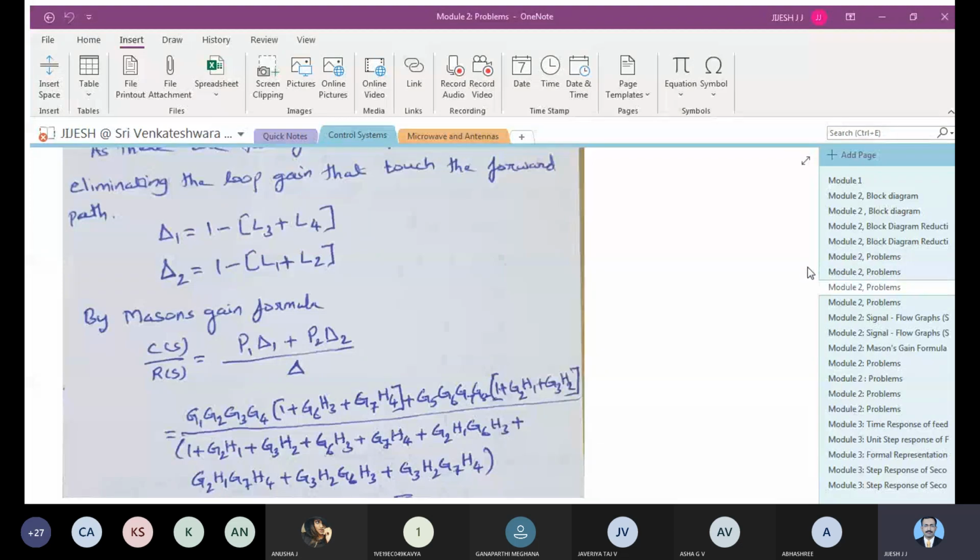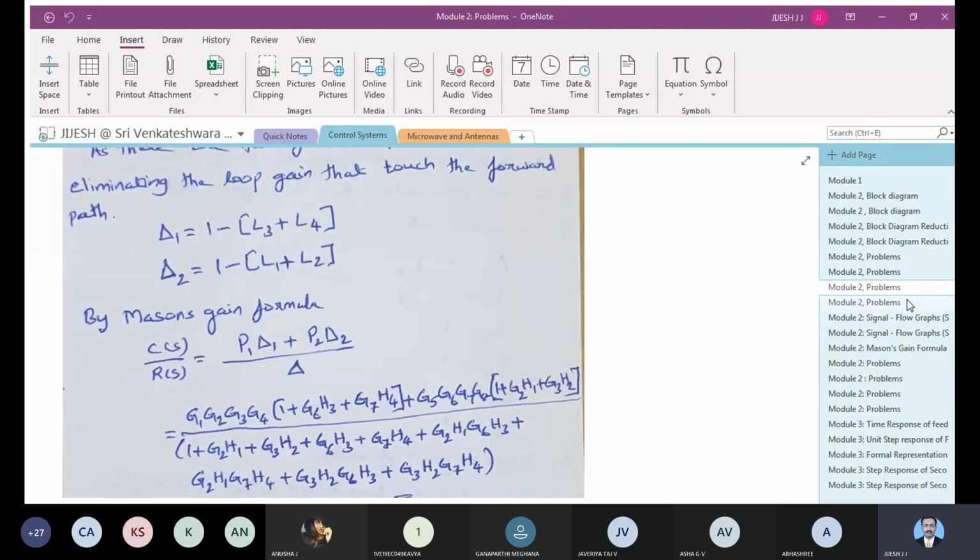Here you can see that these blocks are in cascade, and here you can see that the block is in feedback. Once all this process gets simplified, it becomes easy, and once you cover up the first two steps, then this is just cascading and positive feedback, then again blocks in parallel and all those things. So this becomes easy for you to complete once the things are simplified further. So these are the problems which we discussed on block diagram.